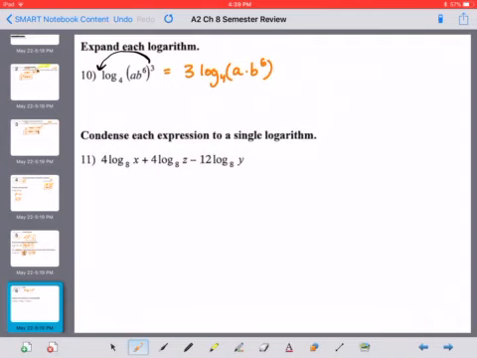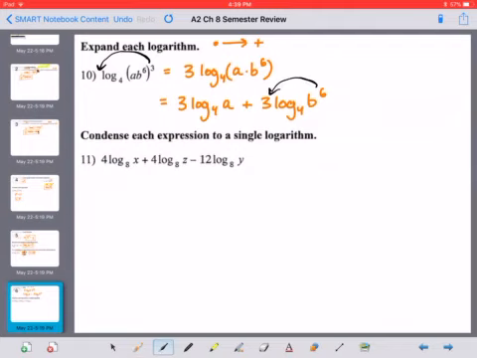Then if you remember, if you have multiplication, that expands into addition. So we'll split this up into 3 log base 4 of a plus 3 log base 4 of b to the power of 6. And an expanded log can't have any exponents in it, so we still have to take